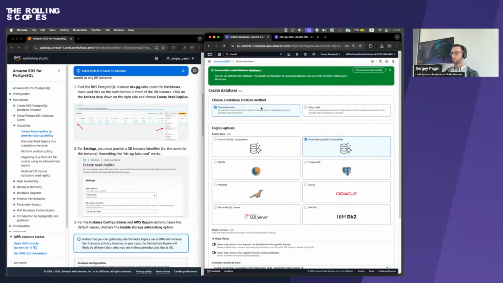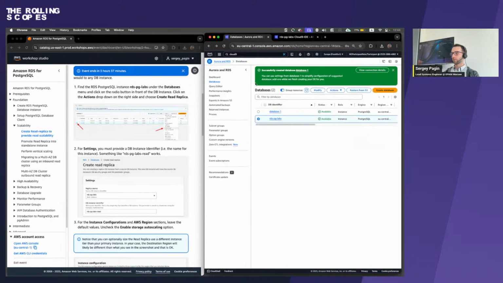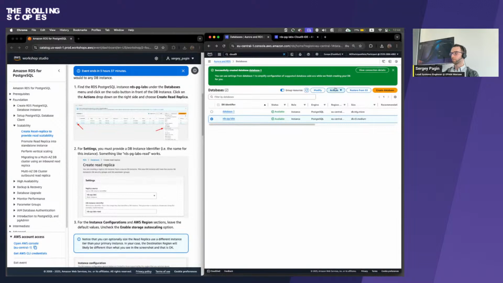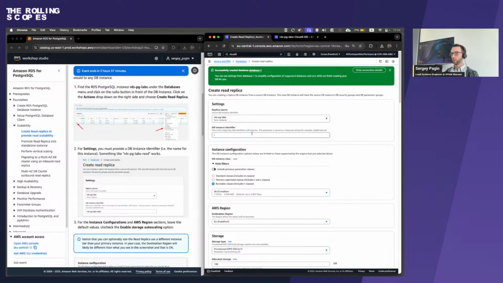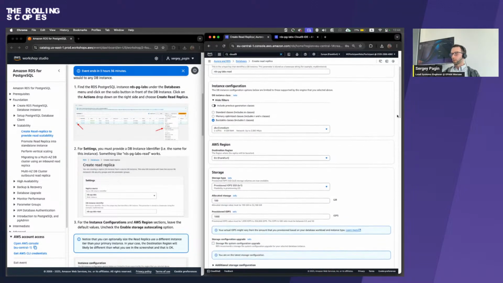So not create database, just create replica. Let's choose our pre-created database, Actions, and in the dropdown, please choose create read replica. You have to pass a DB identifier. Let's use the same as it was, but with the read suffix. Read. Here, what we have here,